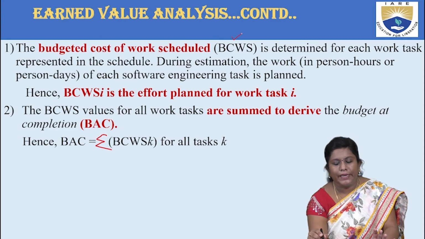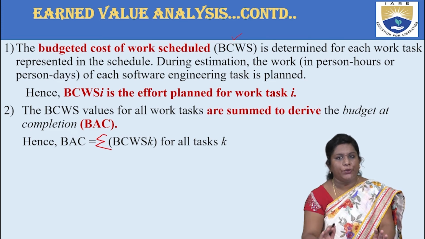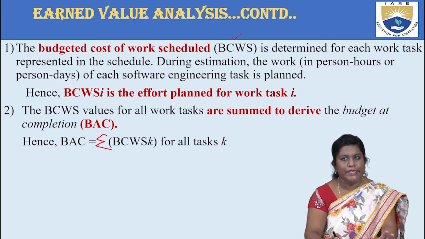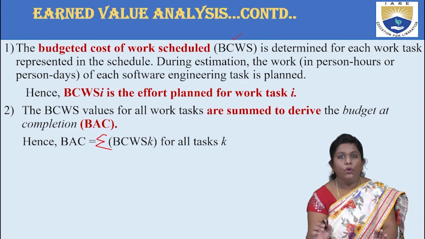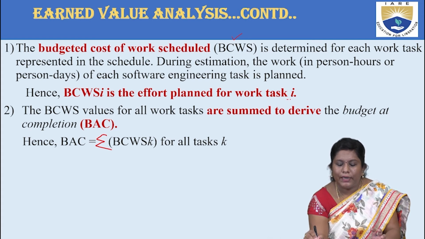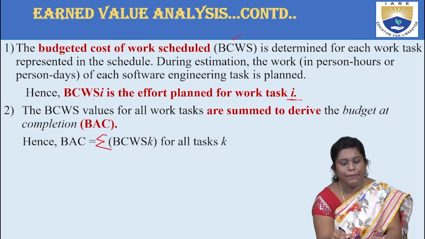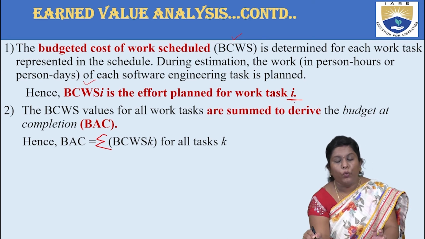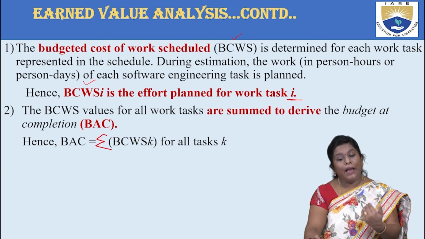BCWS. It is elaborated as budgeted cost of work scheduled. So for whatever work that is being scheduled, you have some cost associated with it. That is called BCWS. Now, this BCWS is focusing on every work task, that is i. So you can say that BCWS is the effort plan for work task i, meaning for every task i, you have a cost